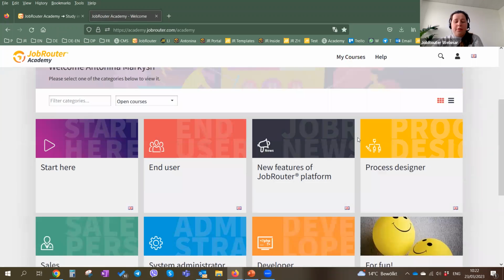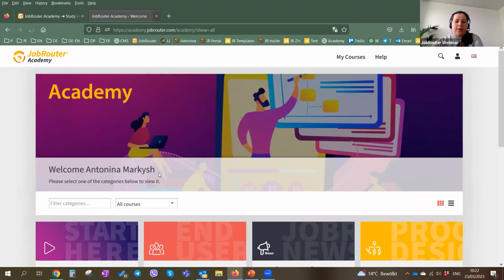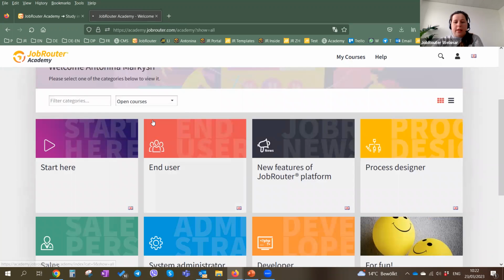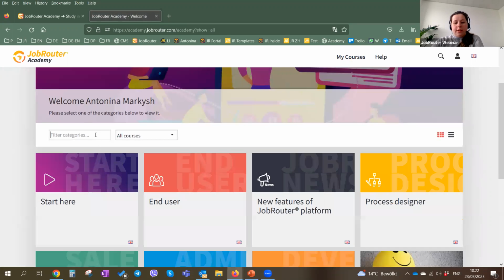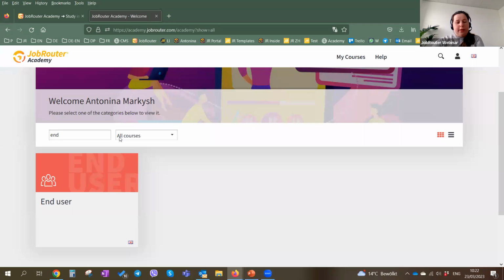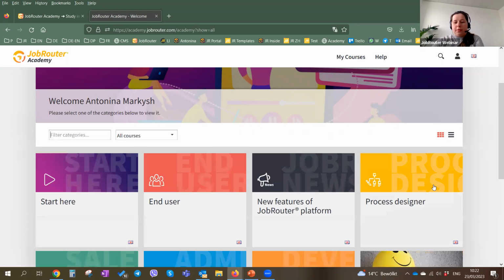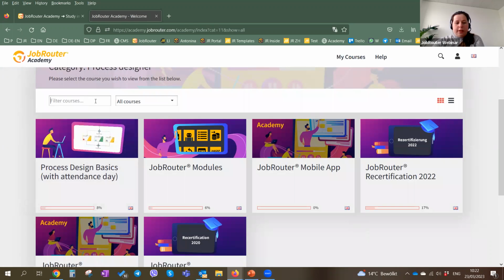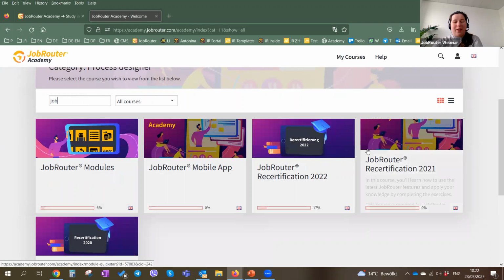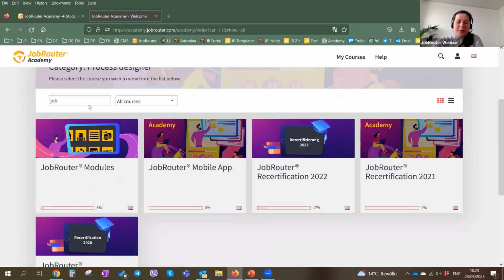I mentioned the layout also. We have added these features, like you can see all the courses, you can see categories with open courses or completed courses. In my case, I don't have any completed courses, that's why it's empty. Then we can filter categories. For example, I want to find the end user category, it is here. Then we can go, for example, to the Process Designer category, and we can look for a specific course. And I don't know, for example, it can be, let's start, right? And you see, we have a lot of things called JobRouter. But anyway,